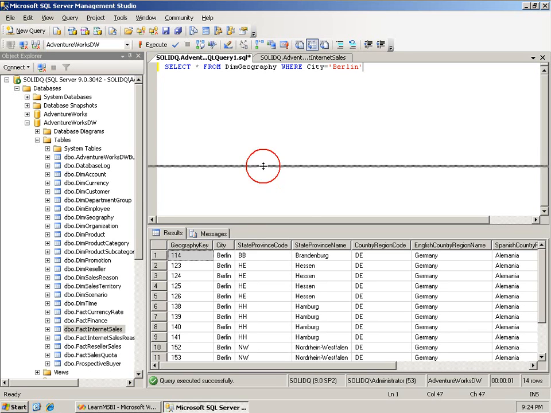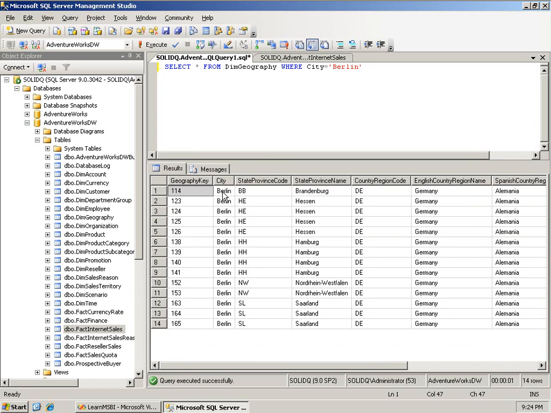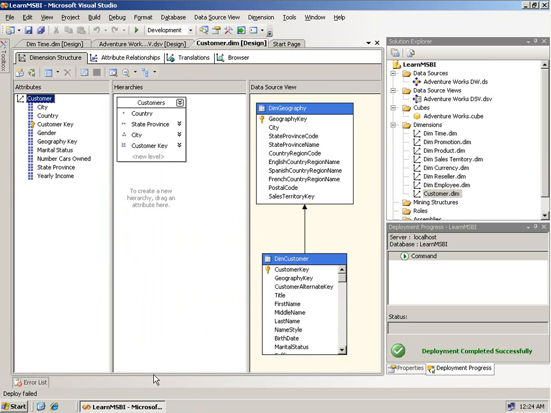Notice here that in this particular data set, I have a city named Berlin. It is in Germany in every case, but I have it listed in a number of different state provinces: Brandenburg, Hessen, Hamburg, and a couple of others. So I, in this example, have cities that are not unique within state provinces. Well, you know how to fix that, because we just did it with time before. So I'll jump back into 2008 for a moment, and I will say, okay, for a city, what makes it